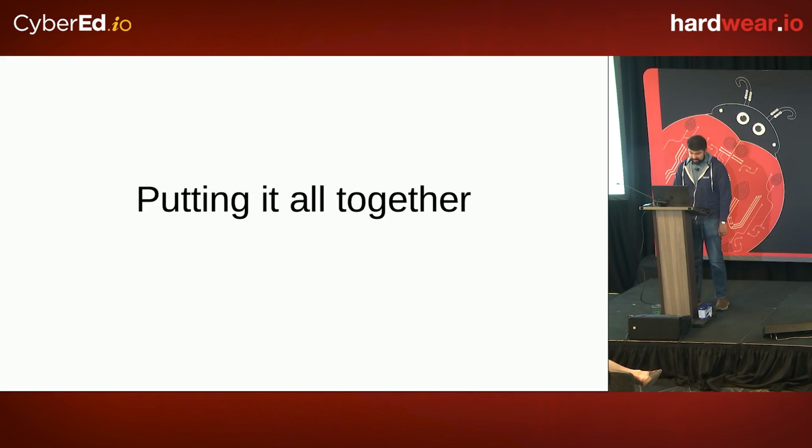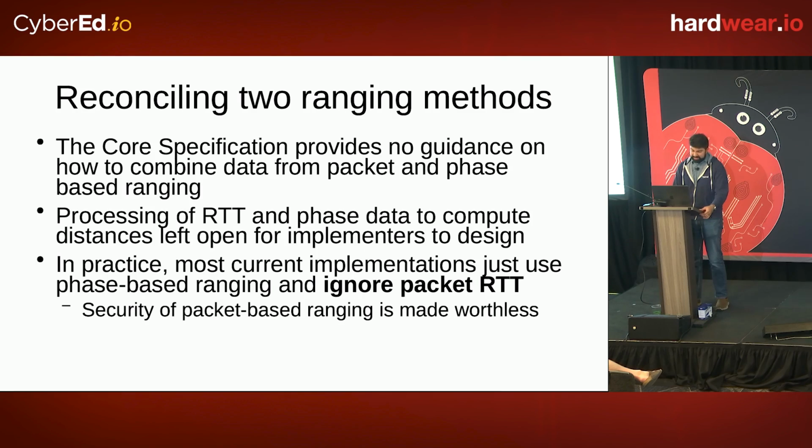So wrapping this all up, with these two different ranging methods, the phase-based ranging and the packet-based ranging, the core specification doesn't say how you're supposed to combine these two measurements. And it's left open to implementers. Now you have a more precise but less secure phase measurement and a less precise but more secure packet round-trip time-based measurement. When combining them, what I saw